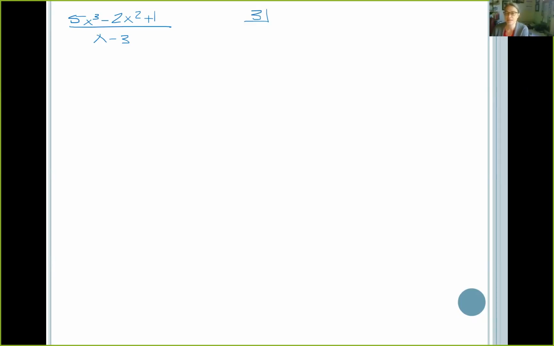Now we're going to start listing our polynomial coefficients, but we're going to be a little careful. We're starting with an x to the third, so that's 5x to the third minus 2x squared plus 0x plus 1. I don't have an x, but I put a placeholder in there. So this 0 takes the place of the missing x term in my polynomial. Make a line, drop the 5 down,